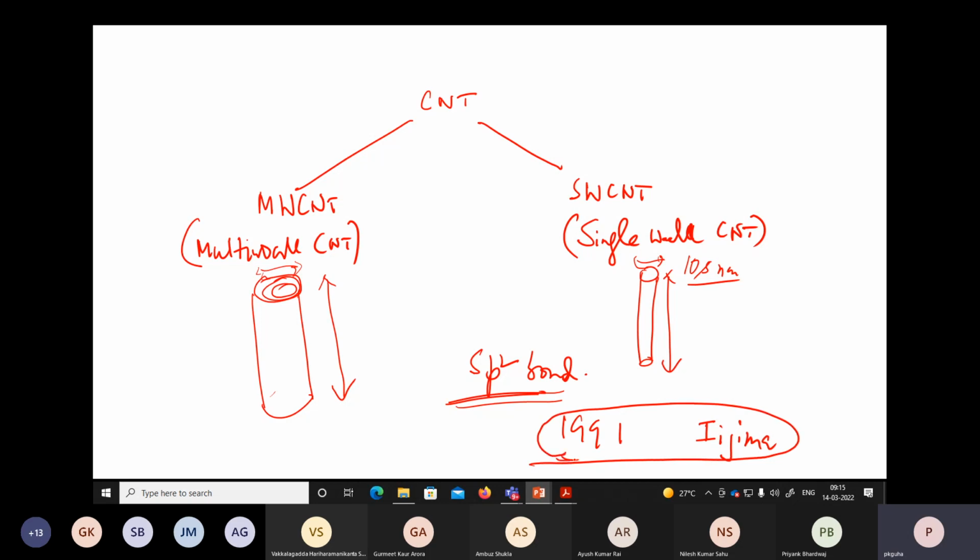Carbon nanotubes were discovered in 1991 by Iijima. Initially, it was thought that they would replace silicon because they have several astonishing properties, especially mobility, which can be very high, because when carriers move through a carbon nanotube, scattering is very less. So we can get almost ballistic transport, and therefore much larger mobility